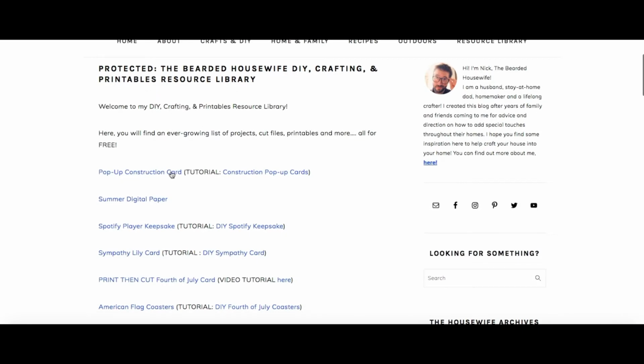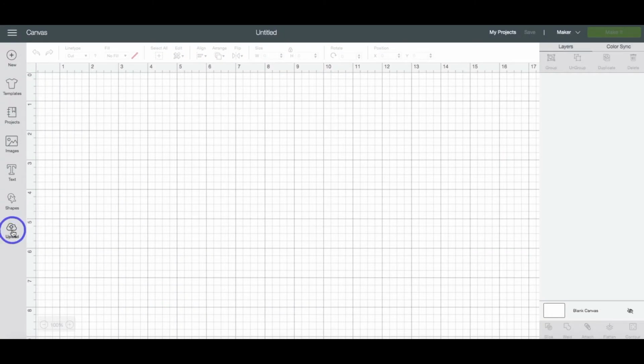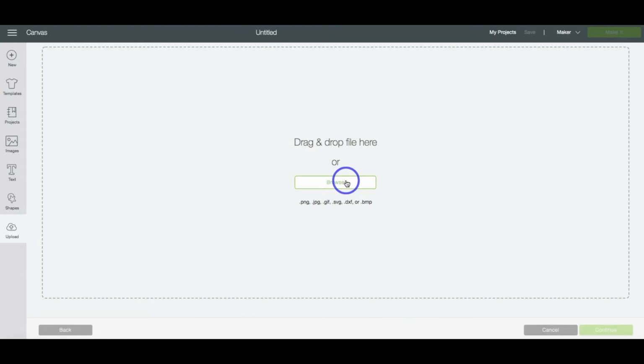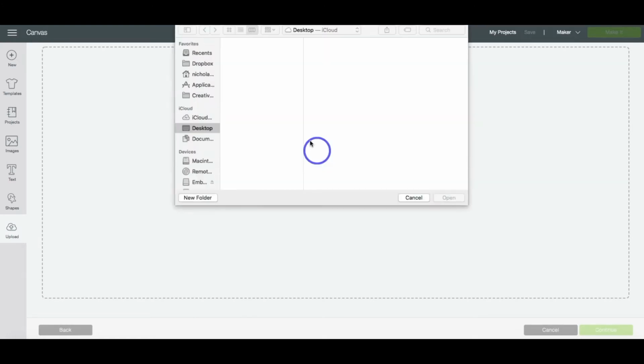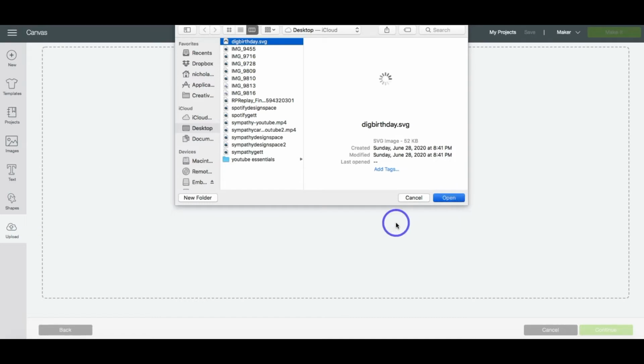We're going to find DIY construction card. Click on it and save it to our computer, and then we're ready to open up Design Space. Now that we have Design Space open, we're going to go to Upload, hit Upload Image, and Browse. Find where we saved the file onto our computer, and hit Open,